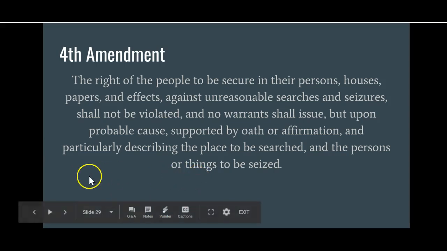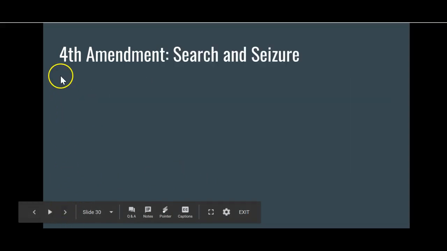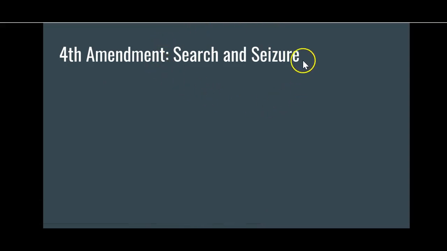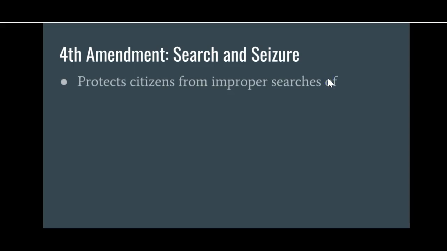Okay, so let's talk exactly about what those words mean. So, to sum up the Fourth Amendment, some people use the phrase search and seizure. That's what this is about. The Fourth Amendment is about the government searching our property, our persons, and seizing, taking things if they deem necessary. And then how do they do that and be in agreement with the law, with the Constitution? Okay, so the Fourth Amendment protects citizens from improper searches of, here's a list of bodies, so our human bodies, ourselves, of our possessions, of our homes,